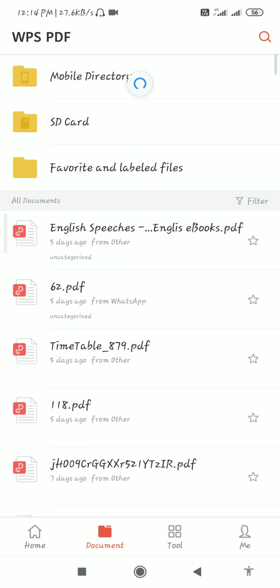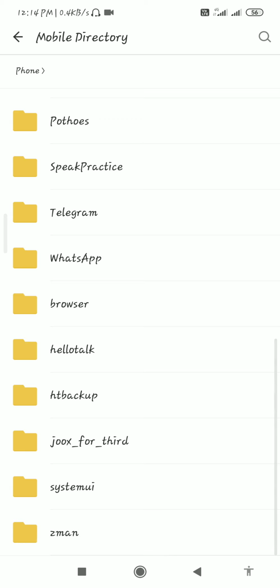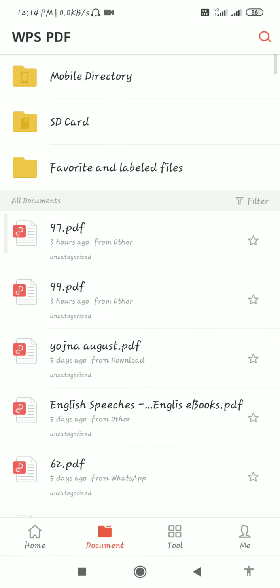Now here is the document option. You can easily open any PDF through your SD card or the internal memory of your mobile phone. Here is an internal option, which is named mobile directory. The second is the SD card.